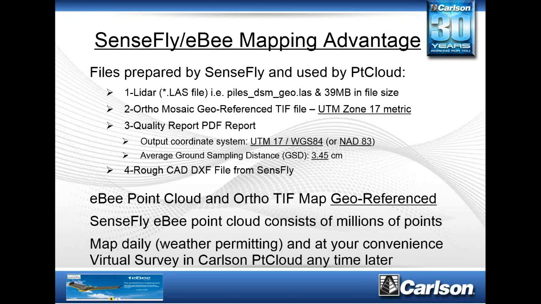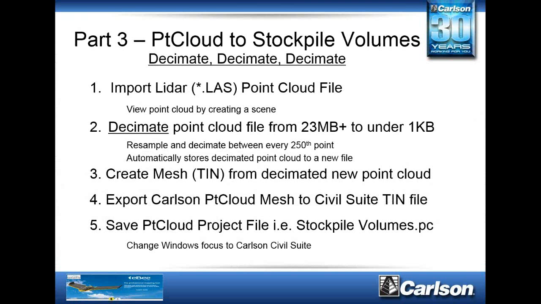Okay, I'm going to start part 3 now, which is the point cloud to stockpile volumes example. Notice that right below there I said decimate, decimate, and decimate. That is because I discovered that to get fast and quick results for both contouring and volumes, you really want to decimate that point cloud. You don't need to work with all 23 million points if you get virtually the same earthwork and contour results